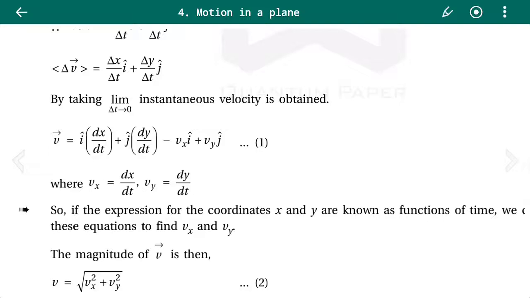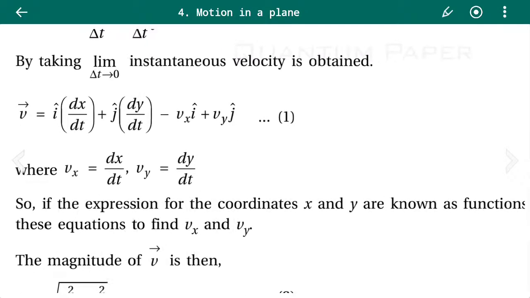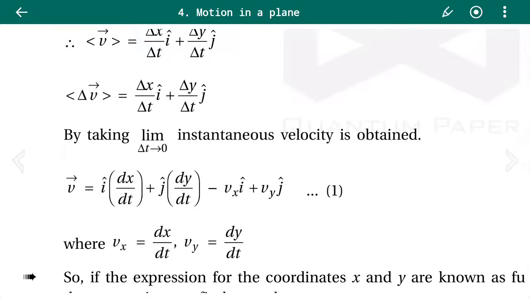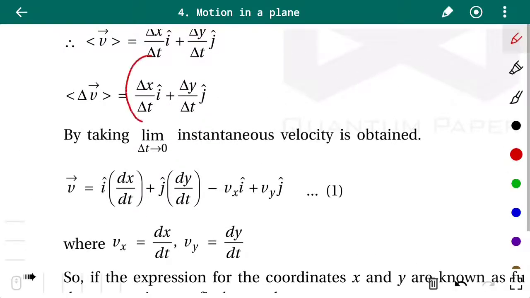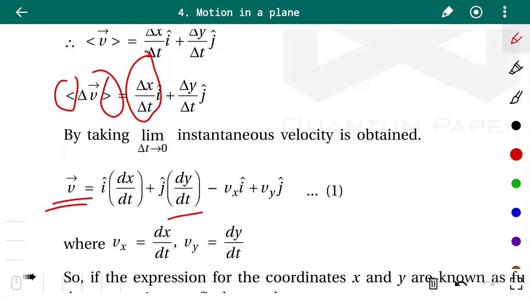We know that by reducing the time interval, that is taking it as small as possible, we can convert the average term into the instantaneous term. So the instantaneous velocity will be, instead of writing delta x by delta t, now we will be writing dx by dt. And removing the symbol of the average, we can directly write v vector is equal to dx by dt i cap plus dy by dt j cap, and dx by dt, that is change in position